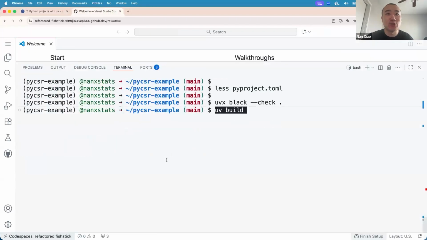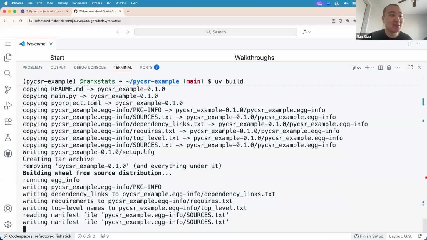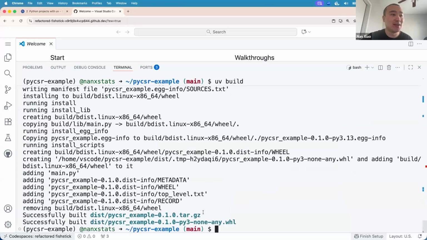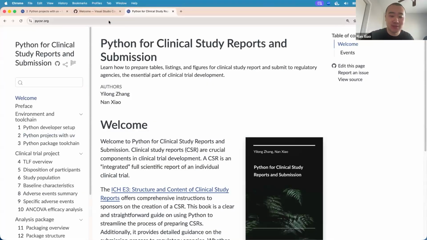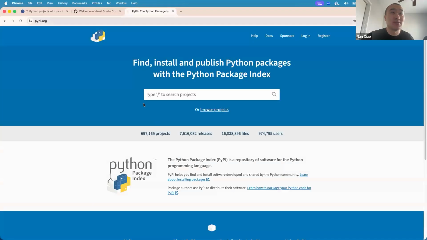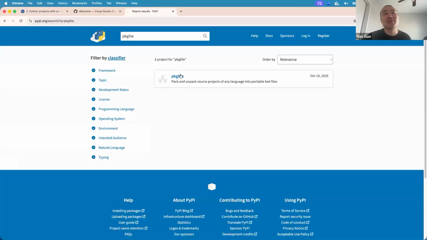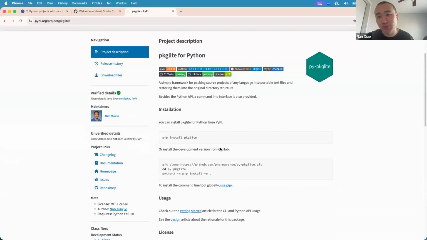Here you can actually run uv build to build all the tarballs if you want to distribute and publish them later on PyPI, right? Sorry, PyPI. So you'll be able to search and find all these packages on PyPI, very similar to CRAN.